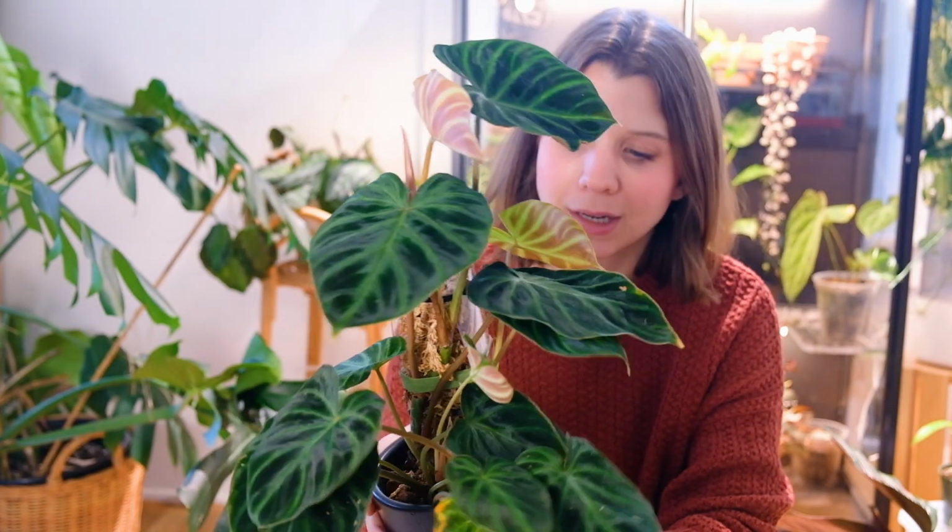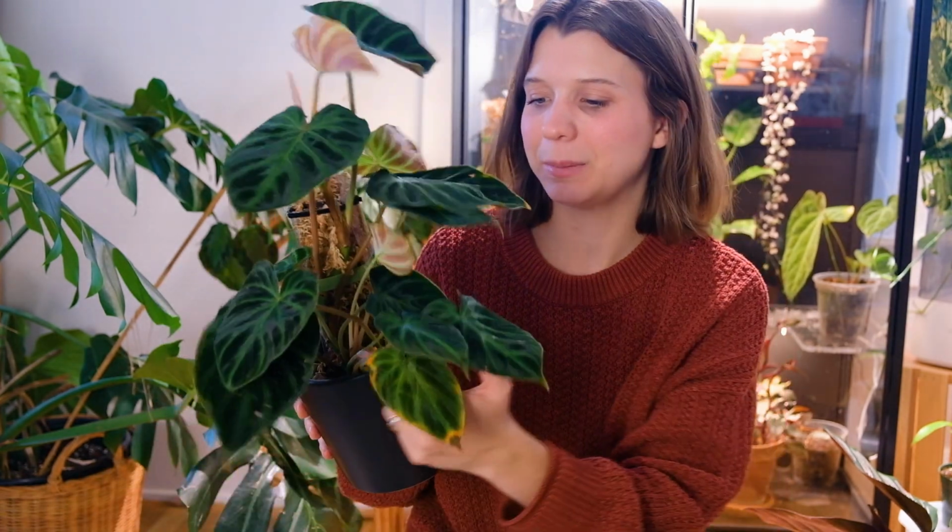I mean, it looks pretty nice, but I'm just noticing that over the last few days, some of these leaves have turned to face the grow lights in the cabinet, which is fine. But that's where some of these leaves are like going like whoop, that direction. But anyways, this is actually a plant that I never really expected to own ever, because when I first really